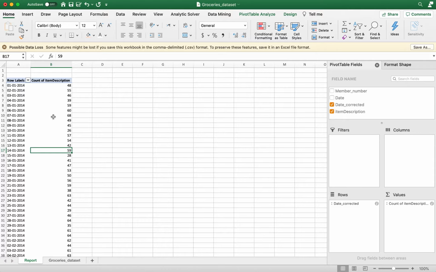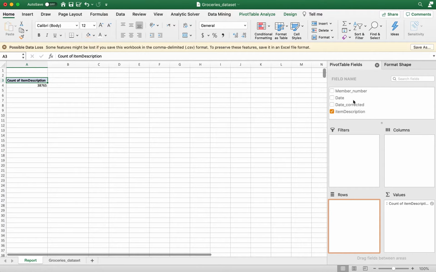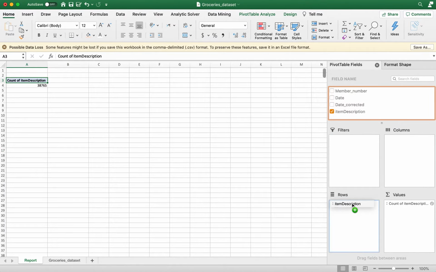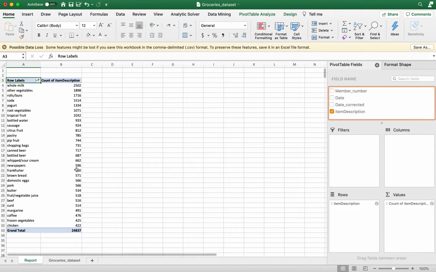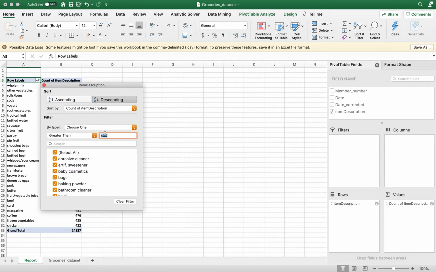Another report that we can create is items with the highest number of purchases by members. To do that, I can drag item description to rows, and on the left side you can see the count of the item description. I applied a filter here. If I remove the filter,